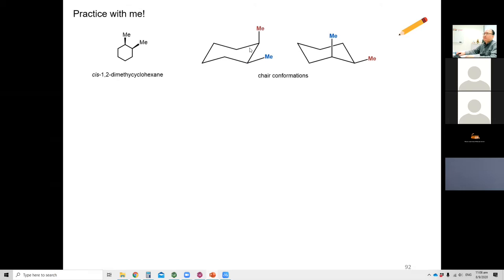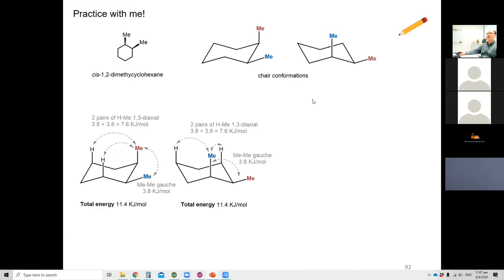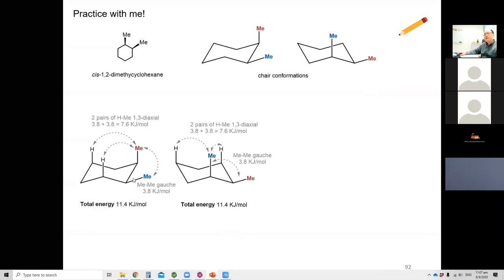Then you flip this ring. Now this methyl is still pointing up, but it changes from the axial to the equatorial position. This methyl, again still pointing up, changes from the equatorial to the axial position. All right, and then with these two chair conformations, let's see the energy. So for this one,